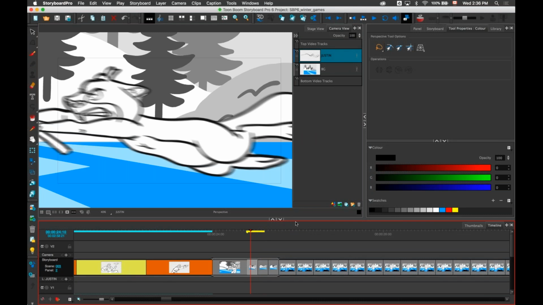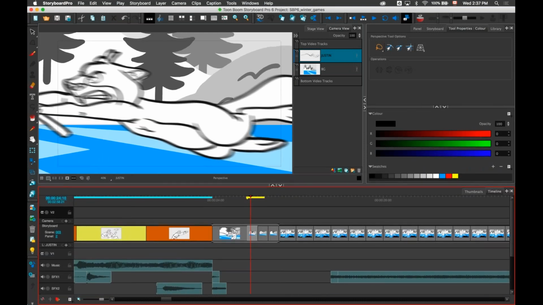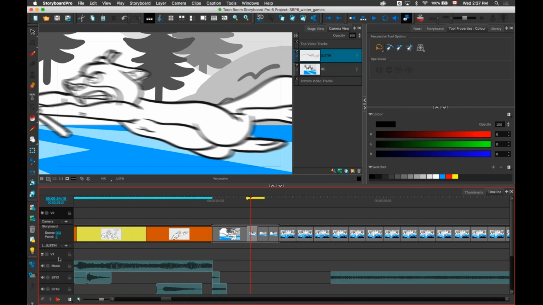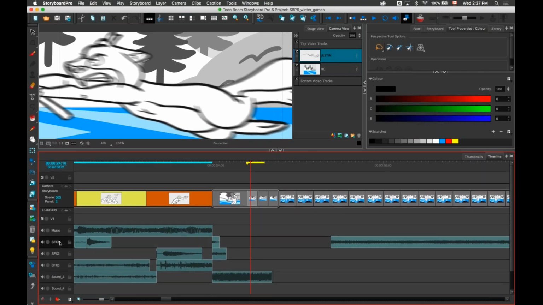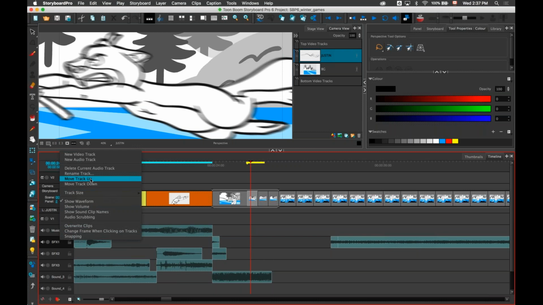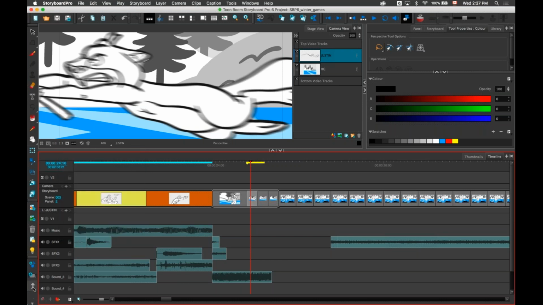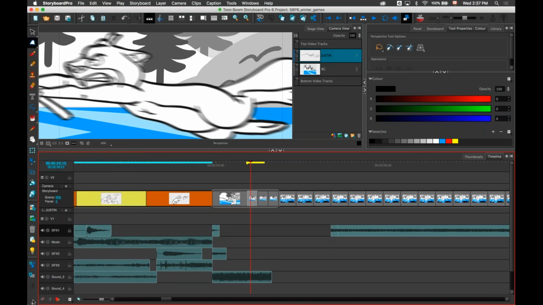Other things we've done more for the animatic aspect of the software. As you've seen, I have the ability now to reorder tracks in my timeline. I can do that on video tracks, but I can also do that on audio tracks. If I select an audio track, I can move the track up or down, or I can use the buttons inside the toolbar right here, the clips and track toolbar.